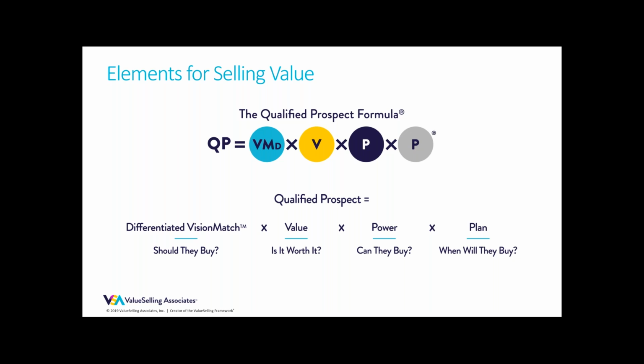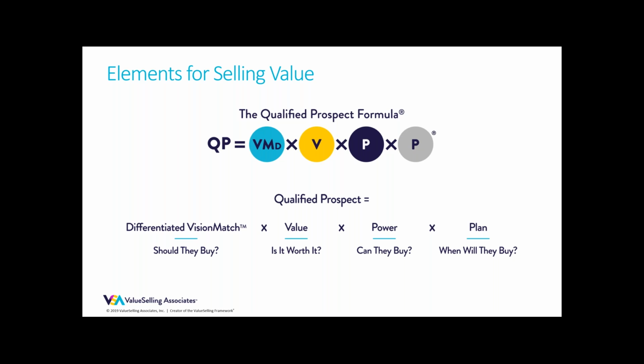And then last but not least, when will they buy, which is a direct correlation to when they need to see the value. When do they need to realize the value? If I've got a problem I need to have solved by December 31st, and it's going to take me 60 days to implement it, you've got to believe I'm pretty motivated right now. Because every day that goes by puts my ultimate objective of achieving something by the end of December at risk. But if I don't, as a sales rep, know when they need to have those results by, it's very difficult for me to tap into that sense of urgency. So we want to understand that plan.